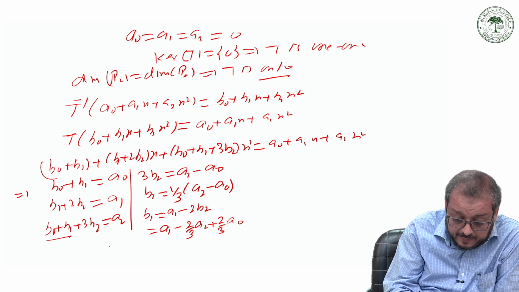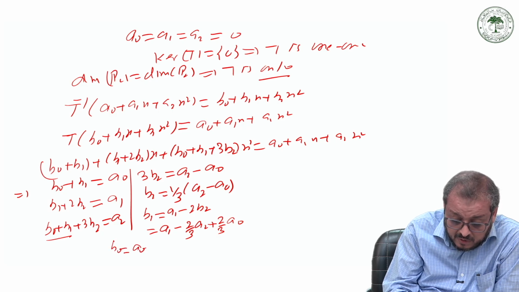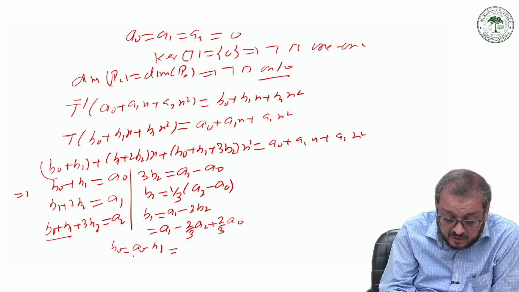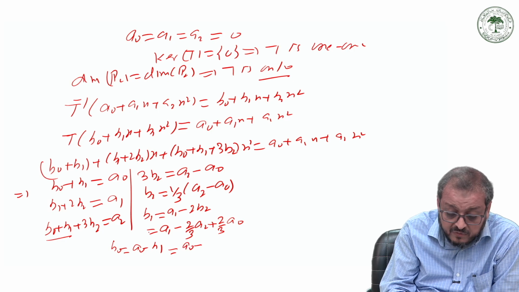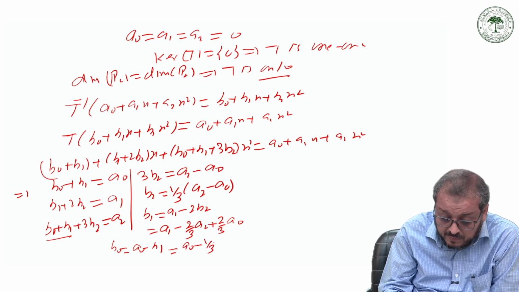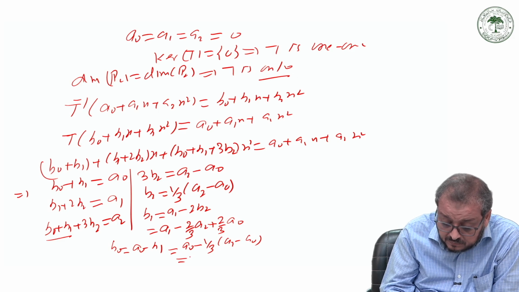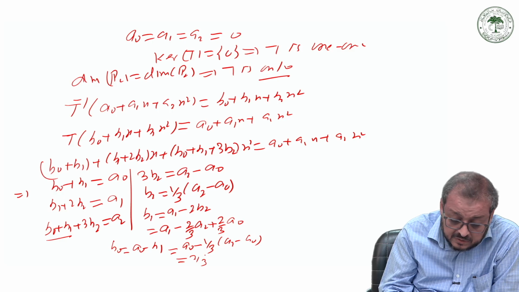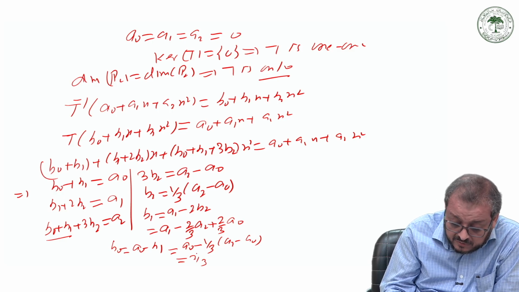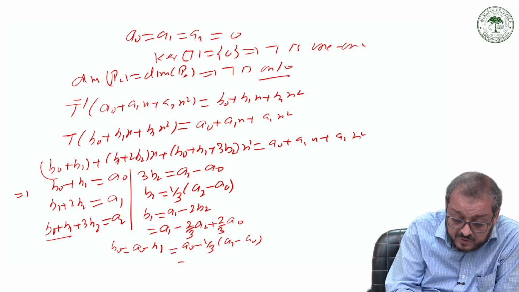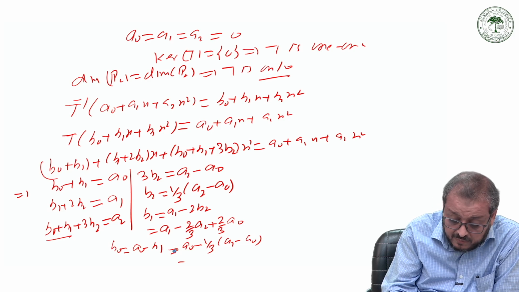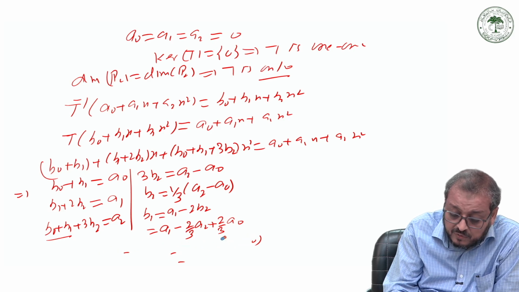And then b naught is equal to a naught minus b1, which is equal to a naught minus b1, and b2 is equal to 1 by 3 a2 minus a naught, and then simply we have to simplify more. We have b1, okay, sorry, from this